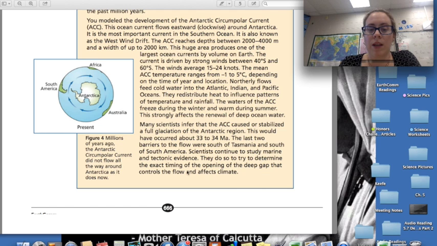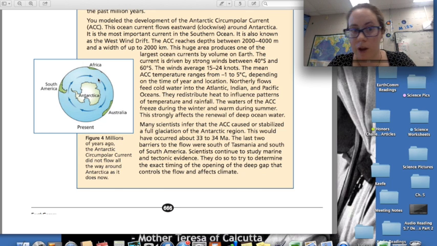Scientists continue to study marine and tectonic evidence. They do so to try to determine the exact timing of the opening of the deep gap that controls the flow and affects climate. So because the strong winds around Antarctica are able to blow right around Antarctica, it keeps